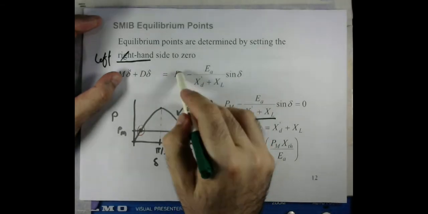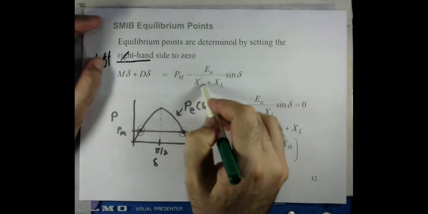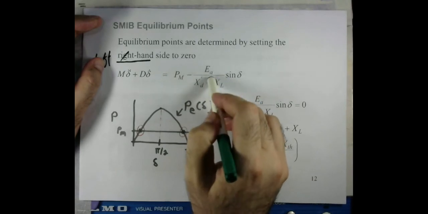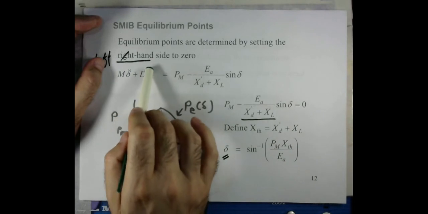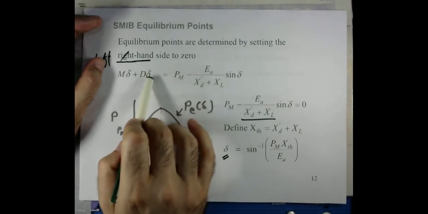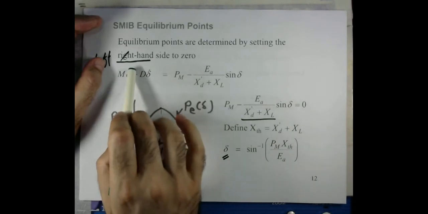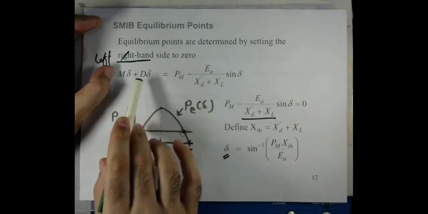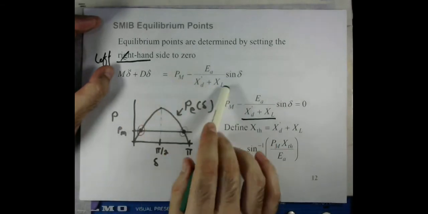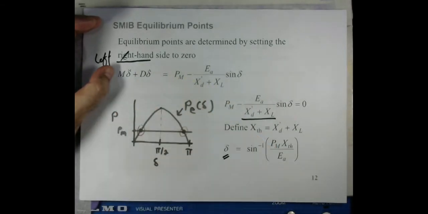So this is the mechanical power, that is the electrical power, or that is the active power of the machine, and this is the swing equation, where the dot on the delta angle represents its first order derivative, and double dot shows the second order derivative. So this is the left side of the swing equation, and that is the right side.